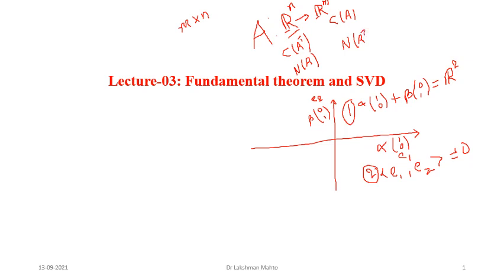Now the remaining thing is that I told you if you have a subspace, then definitely you need to talk about a basis. So what would be the basis? Usually you can find a basis, but generally a basis does not happen to be orthogonal. Like in this R2, 1 0 and 0 1 are orthogonal to each other. 1 0 and 0 1 are orthonormal in nature. So when you take the dot product of any vectors from R2, expressed as linear combinations of 1 0 and 0 1, the dot product looks very easy. You do the dot product in a very simple fashion, you won't face any problem.